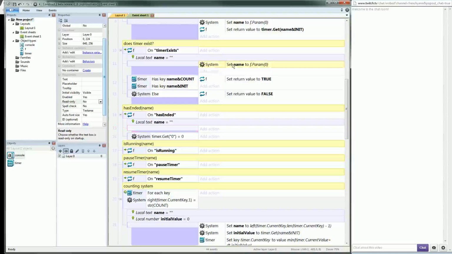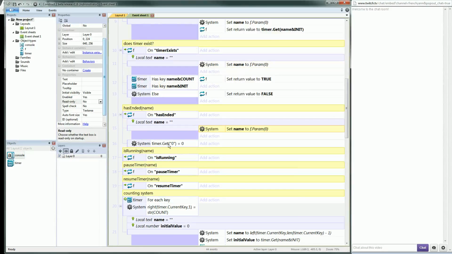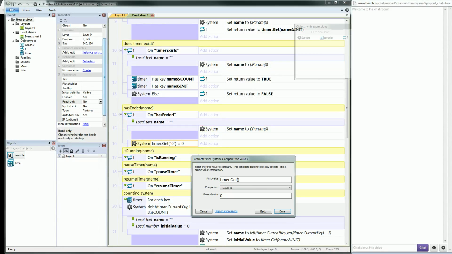Check. Right, so if your timer name and count equals your timer get name and init,